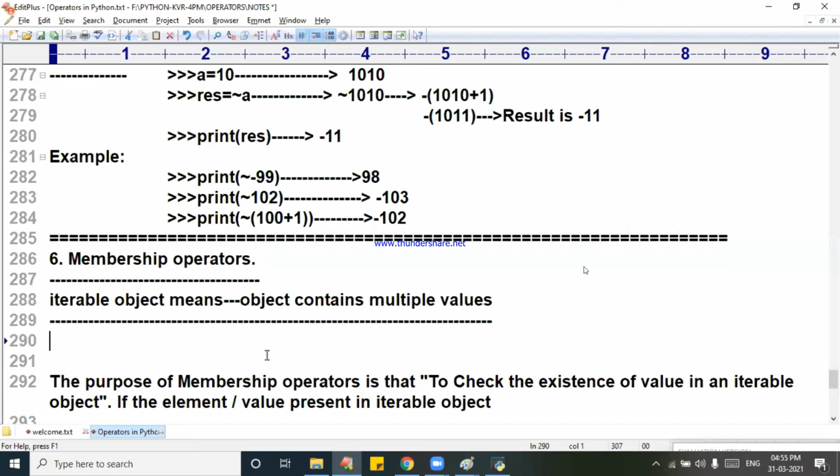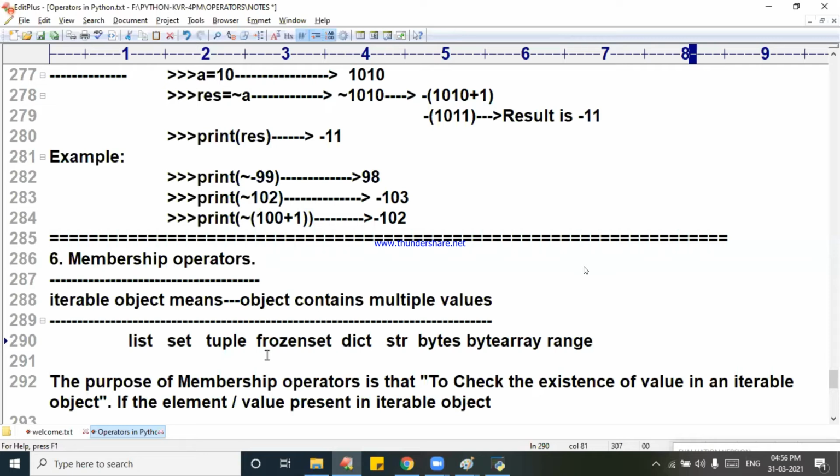List is an example, set is an example, tuple is an example. Next, frozenset is an example. Dict is an example. STR is an example. Bytes is an example. Bytearray is an example. Range is an example.